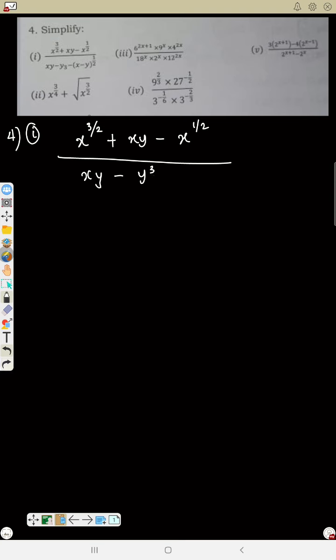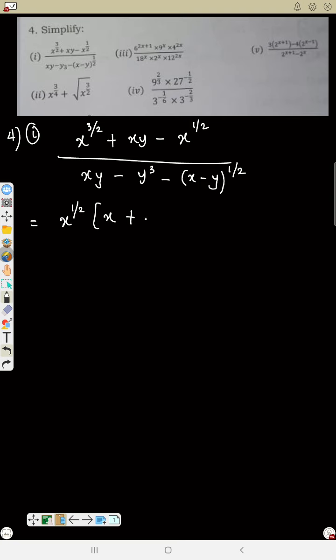So this question now has fault, so let's assume it's y raised to power 3 minus s minus y raised to power 1 over 2. Now if I look at the upper one, I can say s raised to power half is common. If s raised to power half is common, this will remain x